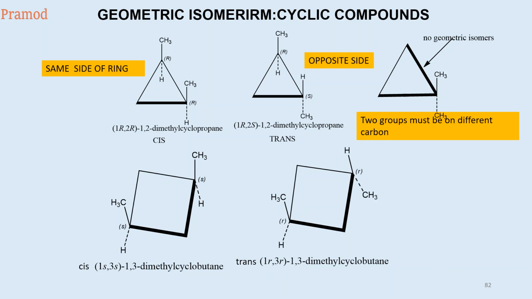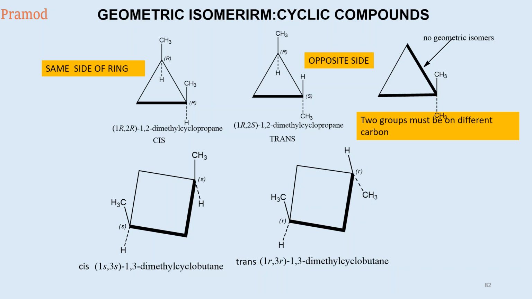When it is on the same side of the carbon, this is also a restricted rotation. Why is it said to be restricted rotation? Can you rotate a cyclic compound? If you try to rotate your cyclic compound, there is a strain and your molecule breaks open. So that's why it is also an example of restricted rotation. And whenever there is a restricted rotation, such type of isomerism is called geometric isomerism. Isomerism shown due to the restricted rotation across the bond is known as geometric isomerism. Okay, remember this.